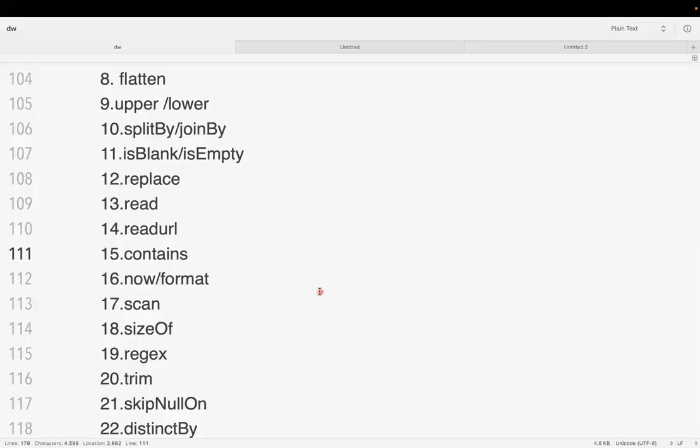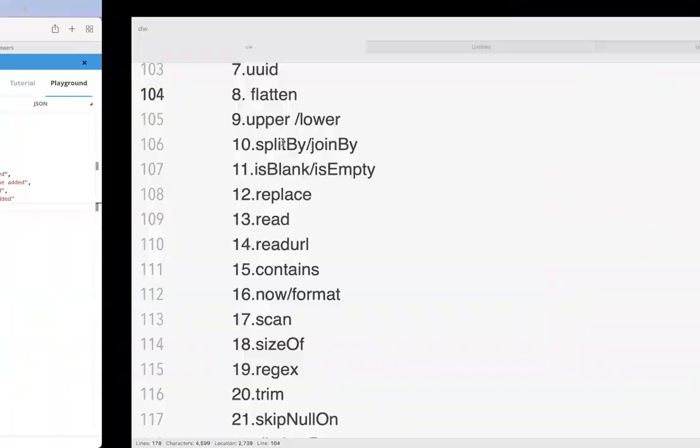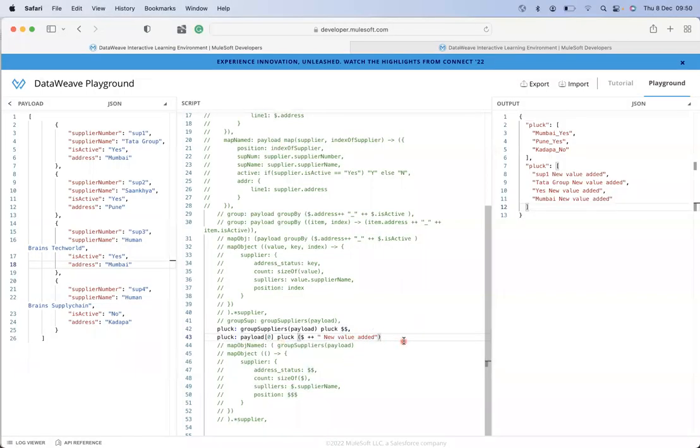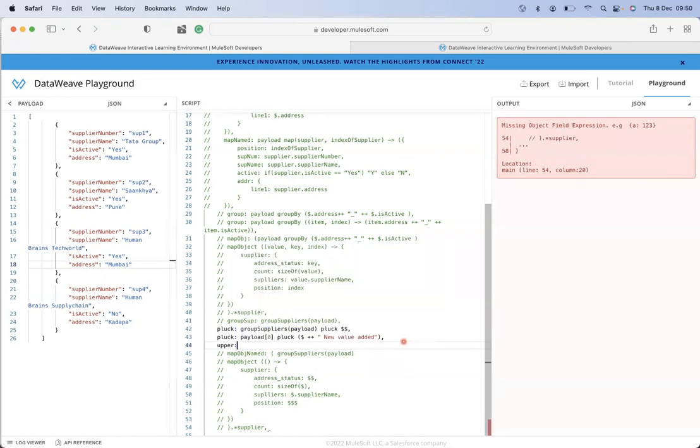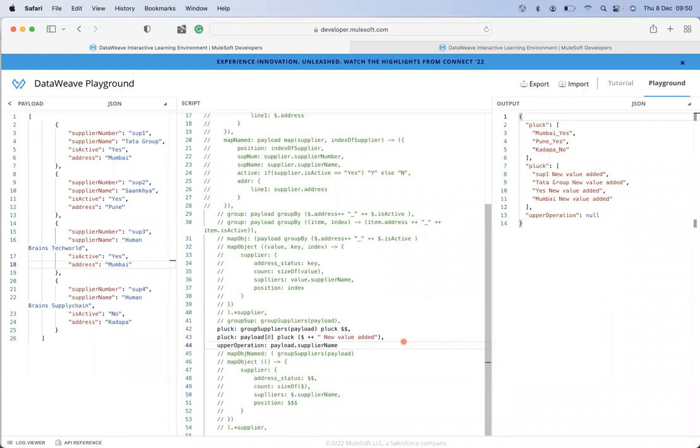And let us see other examples, like we have upper and lower. So here we have the information. I'm naming this upper. Let me say this upper operation. We have payload, and within the payload, we have a list of suppliers. So in this list of suppliers, supplier name is there. In this list of suppliers, I want to convert the name to upper. How can we do that? By using